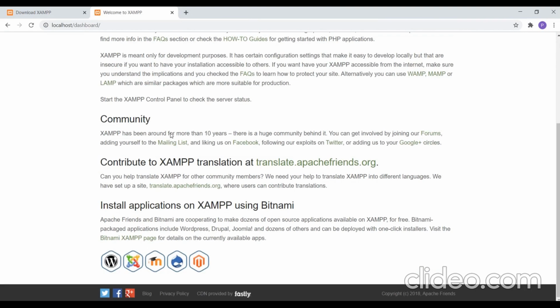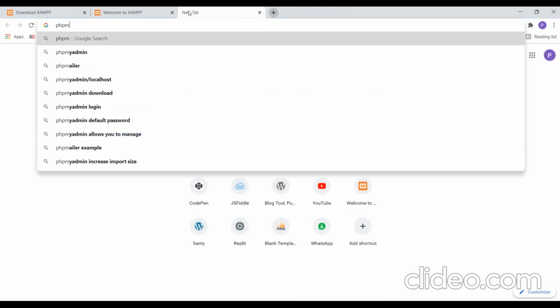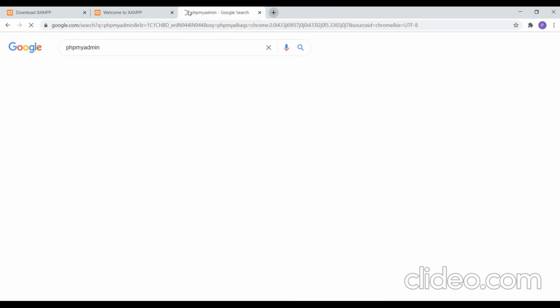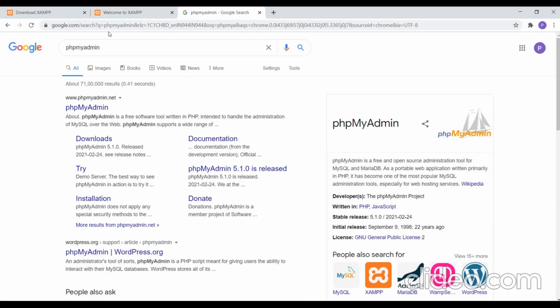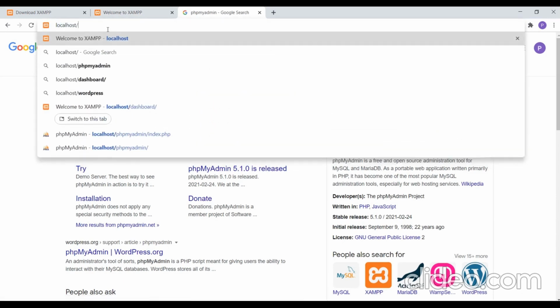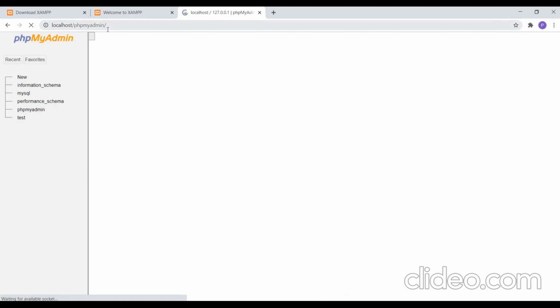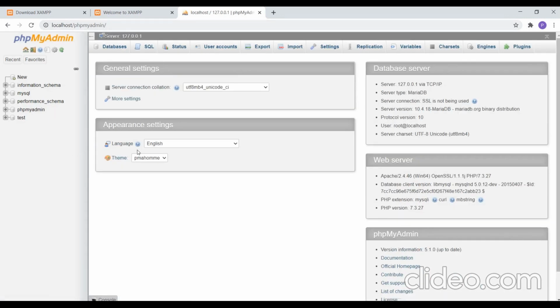So this is your file, and you need to type localhost slash phpmyadmin. So this is your server, that is MySQL, where we will be creating databases and other related stuff.